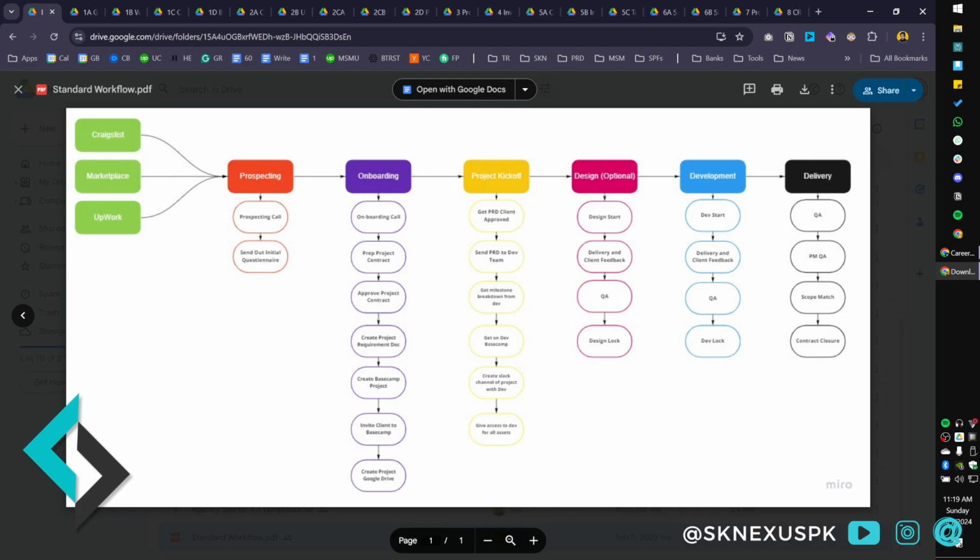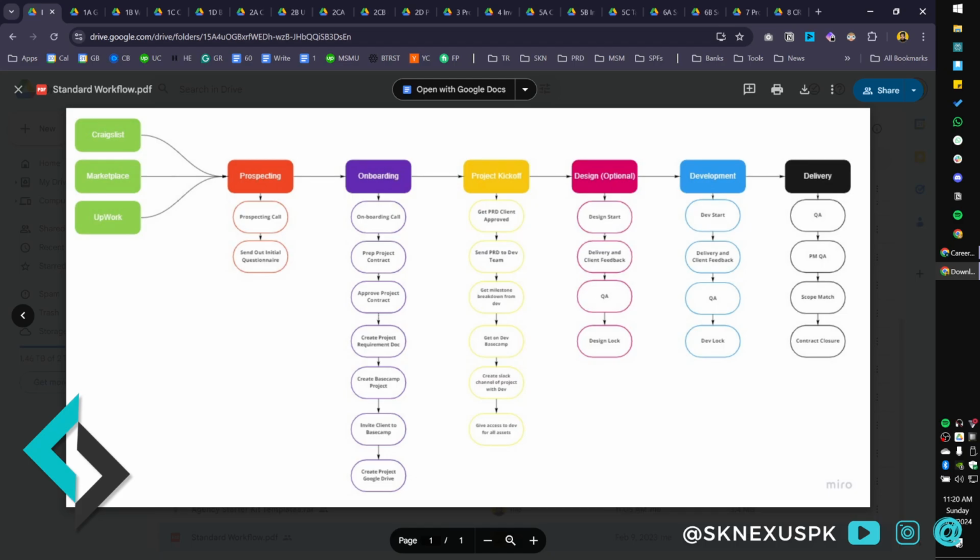So this is a basic workflow, which basically any services business uses, but we're going to focus on software development a bit. And then you can change it for marketing or design or branding, so on and so forth. And what do you typically have in any services business? You have the prospecting phase where you're getting your leads from one of the platforms or direct, whatever it is. You do a prospecting call, you send out an initial questionnaire to gather client requirements, you do an onboarding, you prepare contracts, proposals, project requirement documents, so on and so forth.